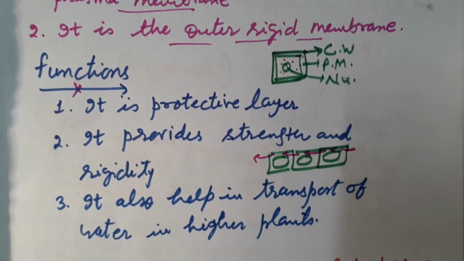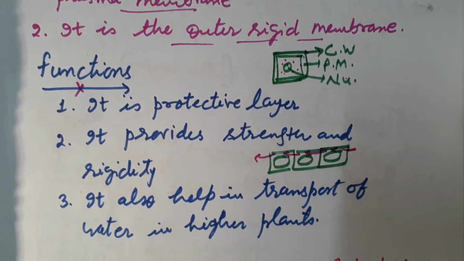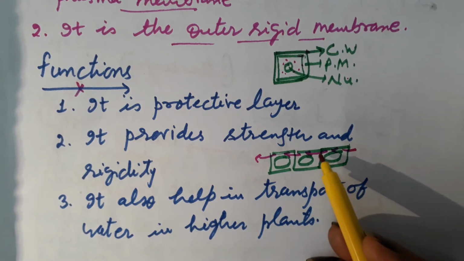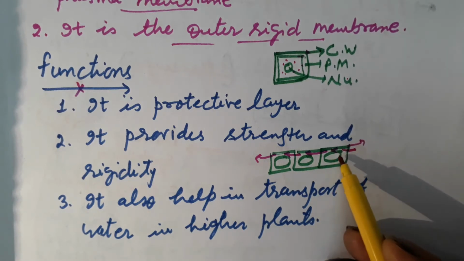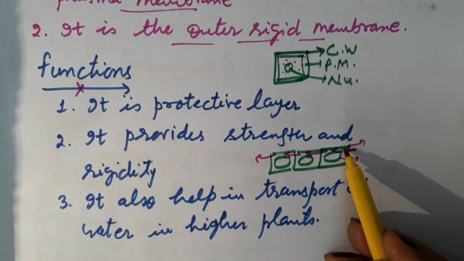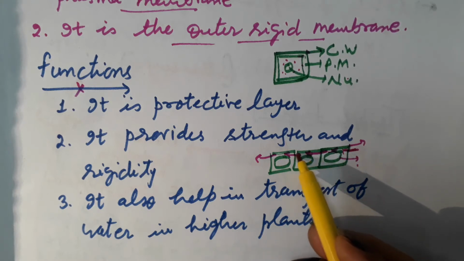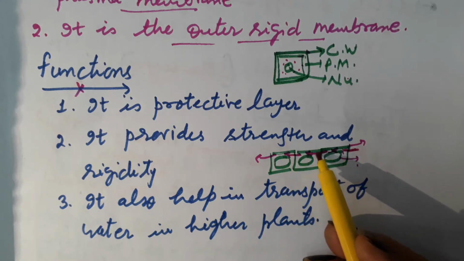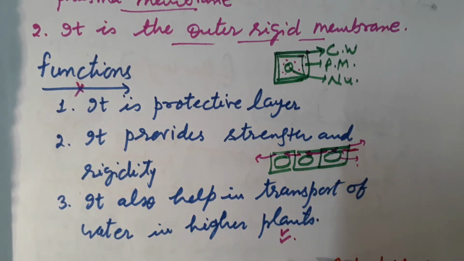If we talk about the higher plants, in case of higher plants it also helps in the transport of water. हायर प्लांट्स में वाटर के ट्रांसपोर्ट में सेल वॉल हेल्प करती है. यहाँ पर कुछ सेल्स बनाई हैं जिसमें दो कवरिंग हमने दिखाई है. आउटर कवरिंग इज सेल वॉल एंड इनर वन इज ऑफ प्लाज्मा मेम्ब्रेन. So here water transport takes place only through the cell wall. It follows the route of the cell wall only. So in case of higher plants, water transport takes place through the cell wall.